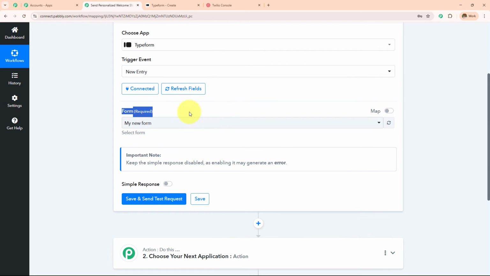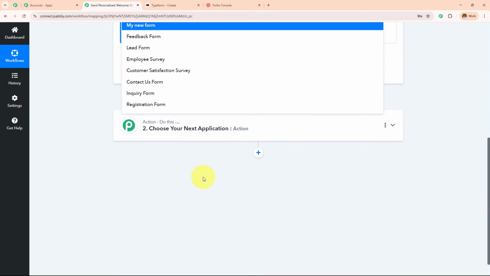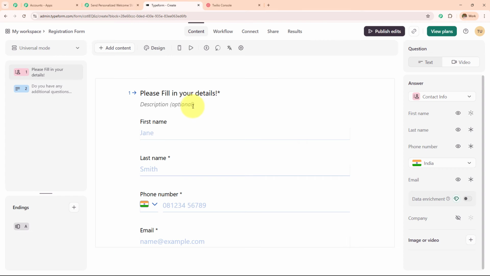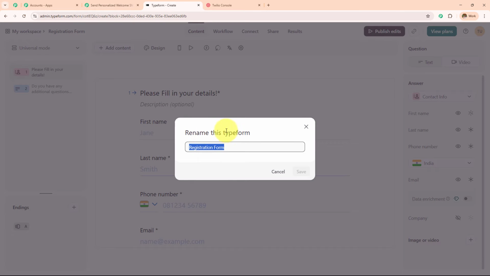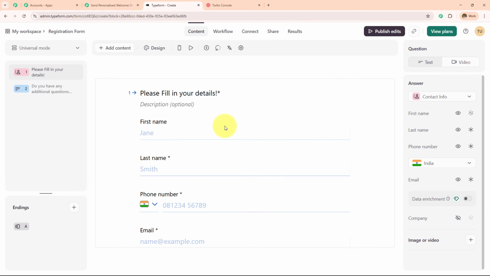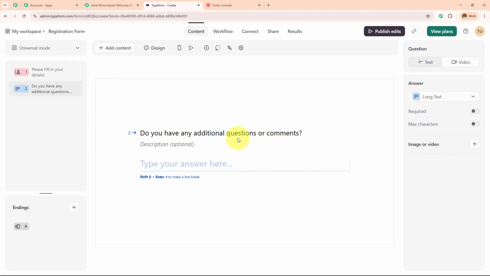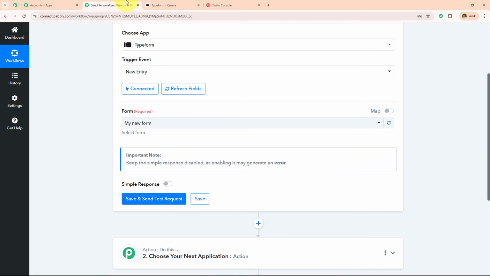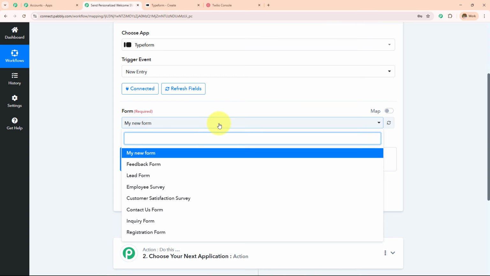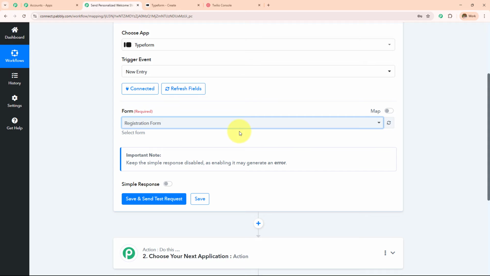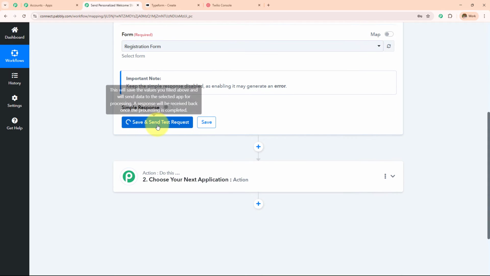Next, I have to enter this form. In this drop down, you can find all the forms which I have created, and I'm going to use this registration form. Over here, you can see that I have created this registration form which has first name, last name, phone, email, and then we have this, do you have any additional question or comments? So I'm going to use this form to take all the form submissions. From this drop down, I'm going to select my form as registration form, and then simply click on the save